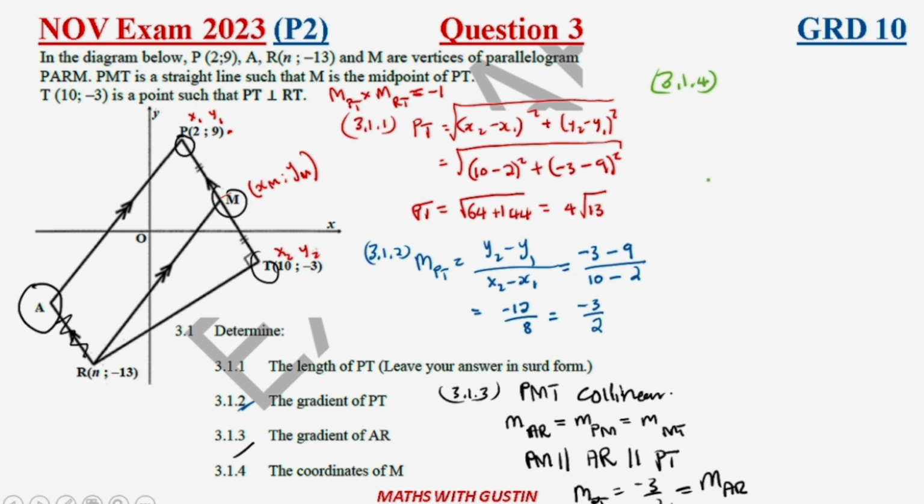Collinear points have equal gradients. If two lines are parallel, the gradients are also equal as well. So now